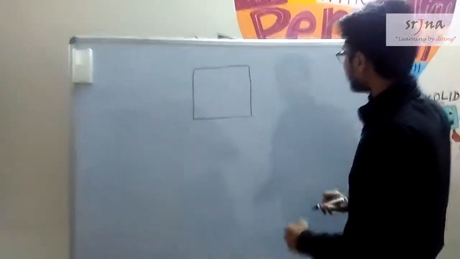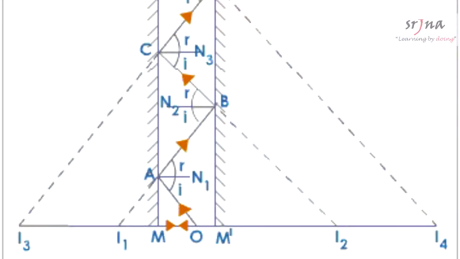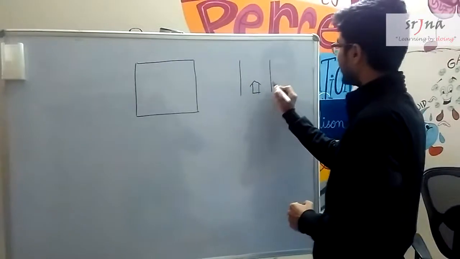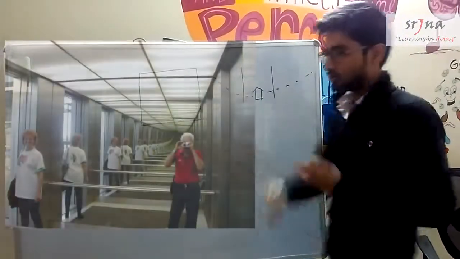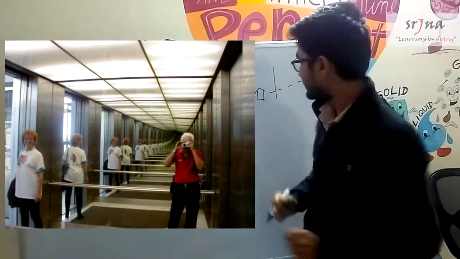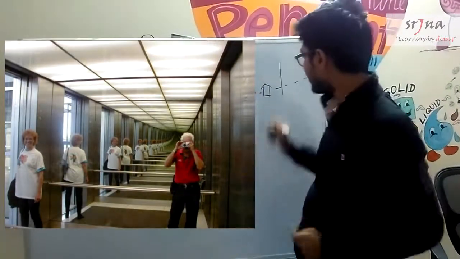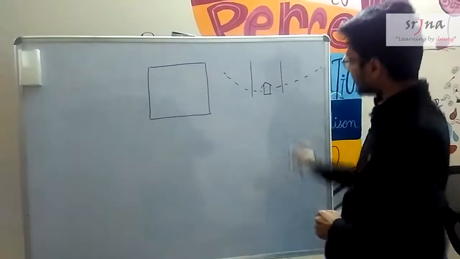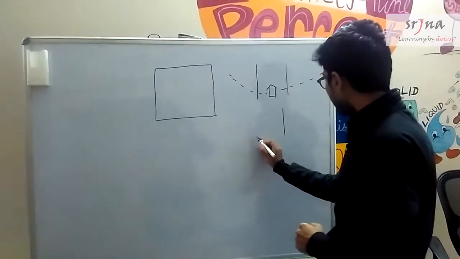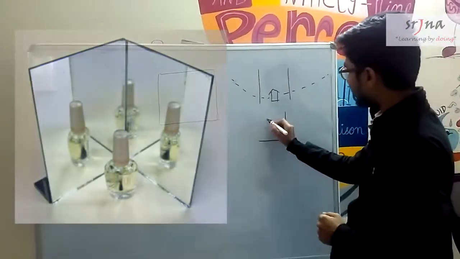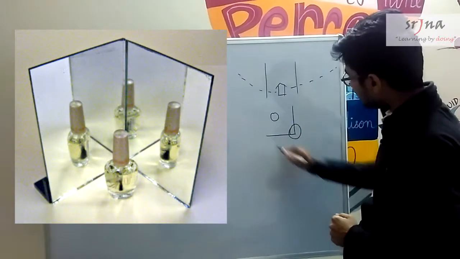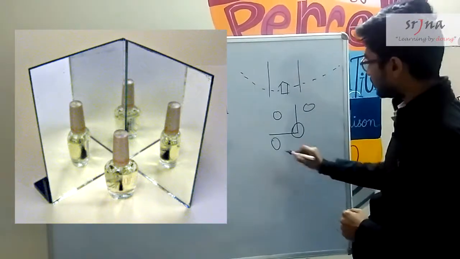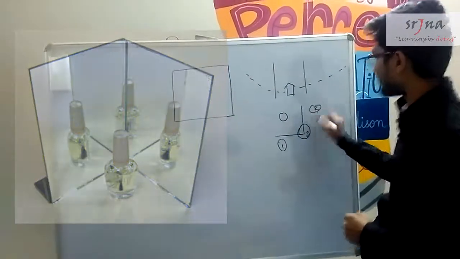So coming back to your lecture classes, you have seen when there are two mirrors and here is your little house, an object, you see an infinite number of images like this, right? Sideways, in some museum, you can see such images. And you must have seen that when two mirrors are placed perpendicular to each other and here is the object, you see one image here, one here and one here. So you see three images of that object, right?